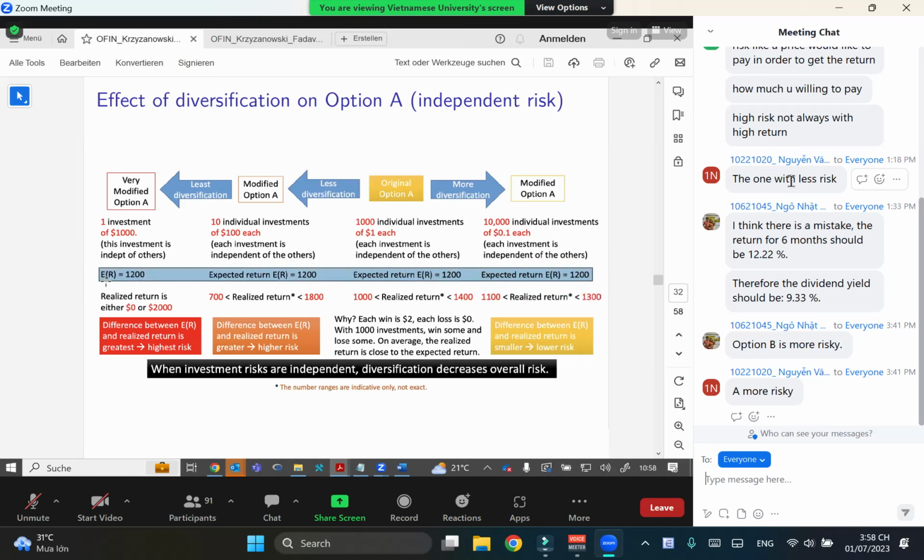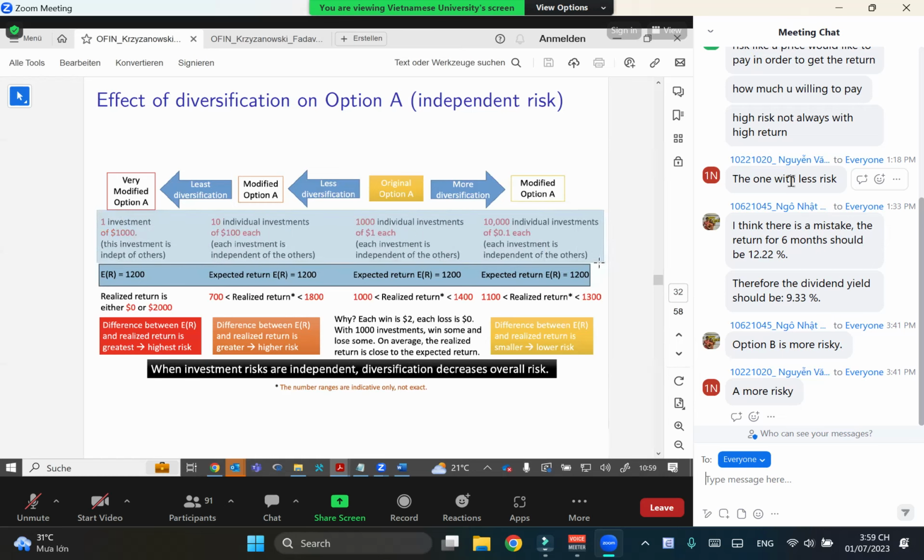So expected returns per se give us what we can in general expect out of an investment, but then the form of how this investment is conducted, meaning is it conducted in one in total, or is it subdivided into different tranches of different sizes? This highly impacts the associated risk, right? So return is the one thing, because from the return perspective, all of these investment opportunities look identical. All have the expected return of 1,200. However, the way these investments are conducted or sliced